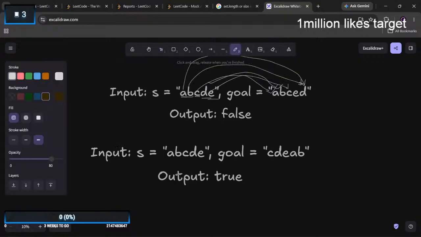We will shift my leftmost to the rightmost, which is going to shift A first. So it will become B, C, D, E, A. I will shift again, it will become C, D, E, A, B. Okay.